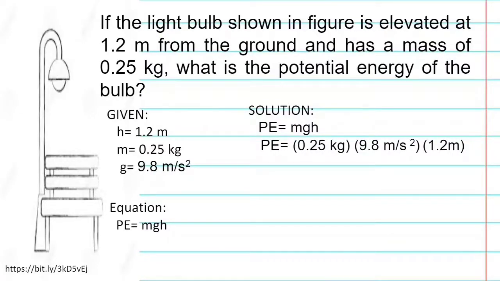PE, or potential energy, is equal to mgh, where m is 0.25 times 9.8 meters per second squared times 1.2 meters. And for the last part, which is A for the answer, just do the operation needed and write your final answer. And as we multiply these three quantities, the potential energy of the light bulb